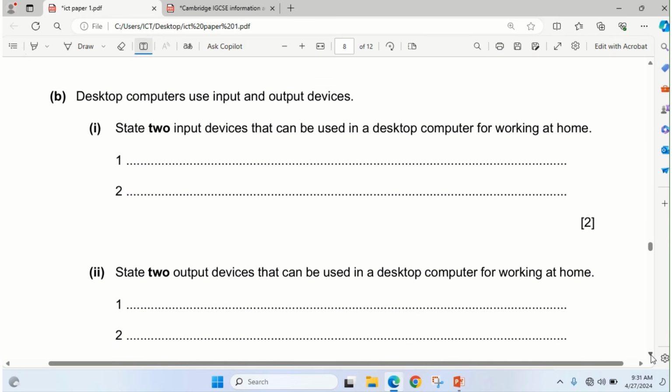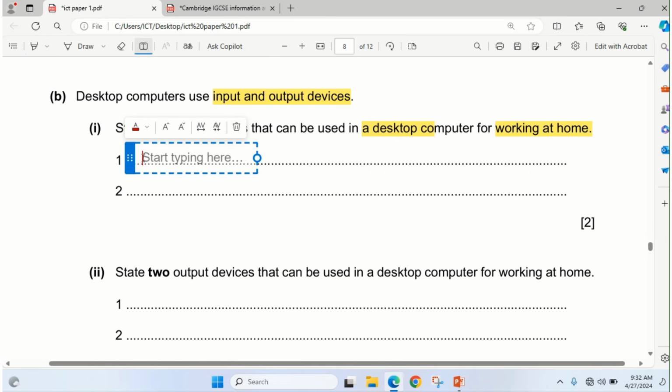Desktop computers use input and output devices. Stage 2 input devices. Take note, emphasis on input and output devices. Then stage 2 input devices that can be used in a desktop for working at home. Please take note, that can be used. So we can start by writing, of course, the keyboard,